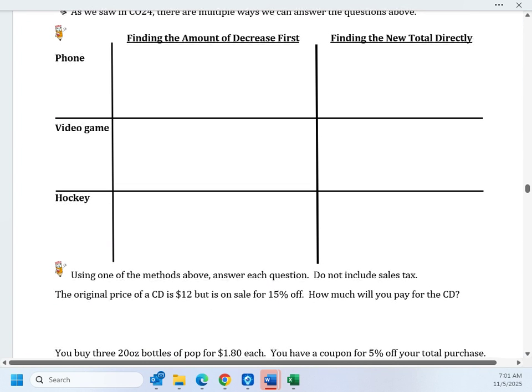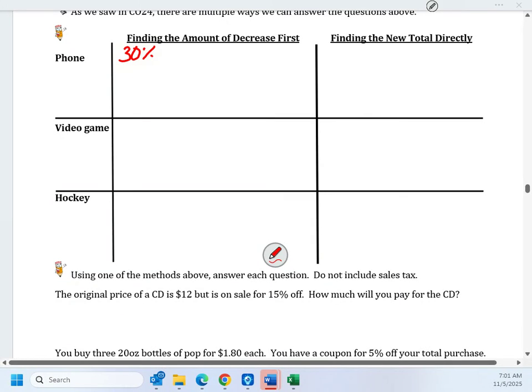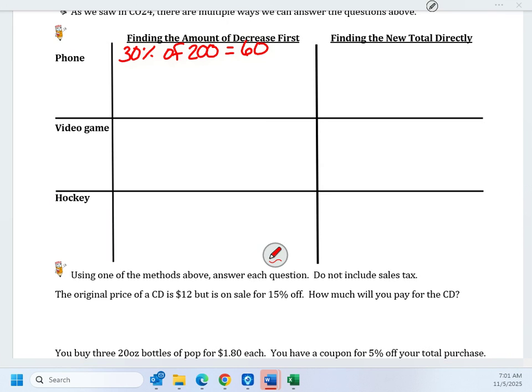First, we have finding the amount of decrease first. So we have 30% of the 200 minutes. 30% of 200 is 60. Then we need to take that 200 minutes and subtract the 60 and we get 140 minutes. So you take that percent, find that percentage of your original number, and then you subtract that away from the